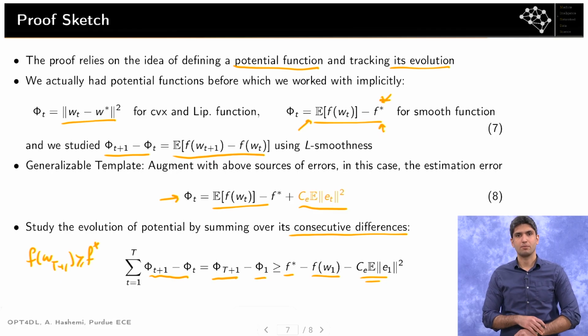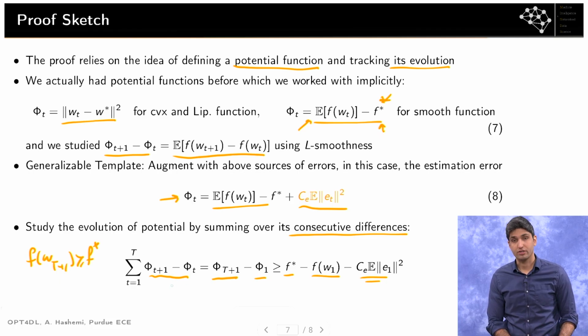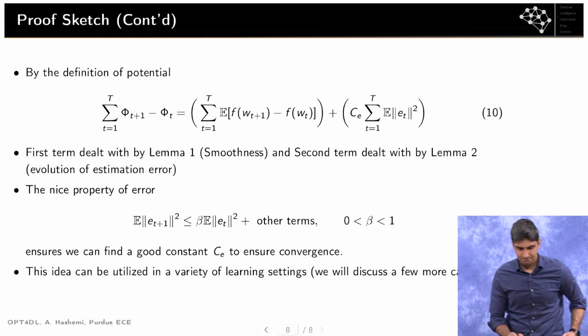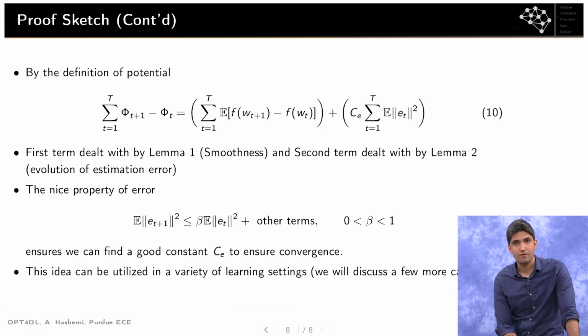You define the potential function by integrating the source of error, and then you just look at the difference of the last and the first iterate, which is equivalent to the sum of the consecutive differences of the potential function. Okay. The next step is to leverage the form of our potential function to treat this term differently. In the first step, we got a lower bound for this difference. Now we're going to try to get upper bounds for this